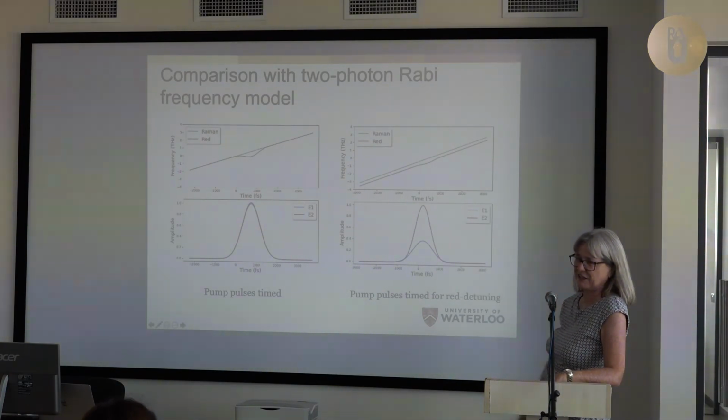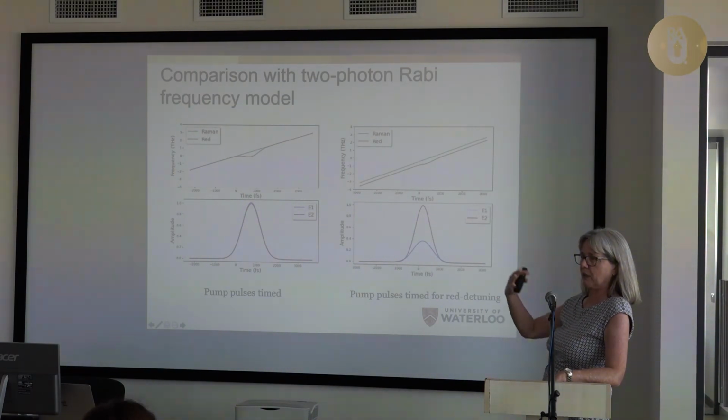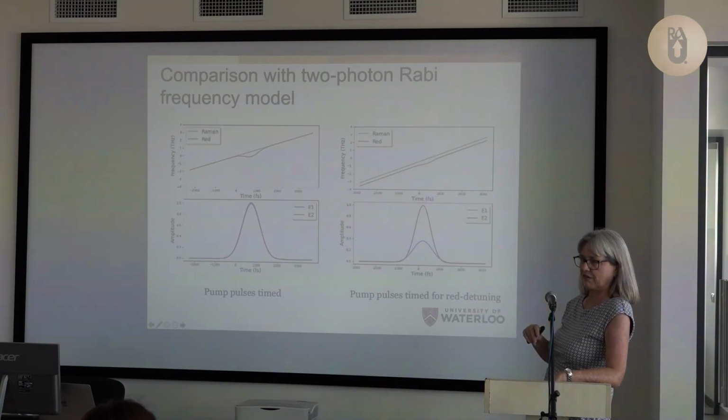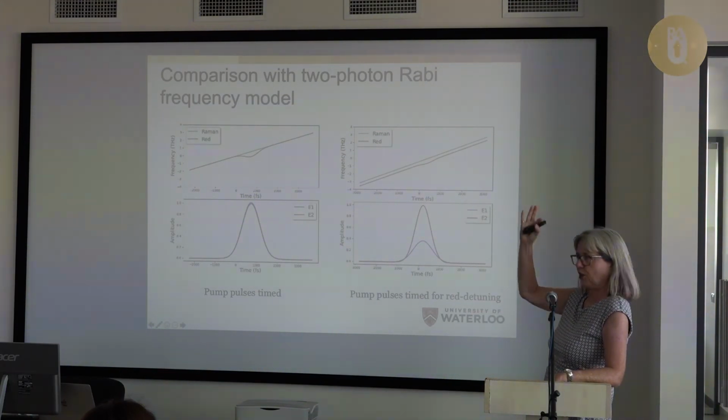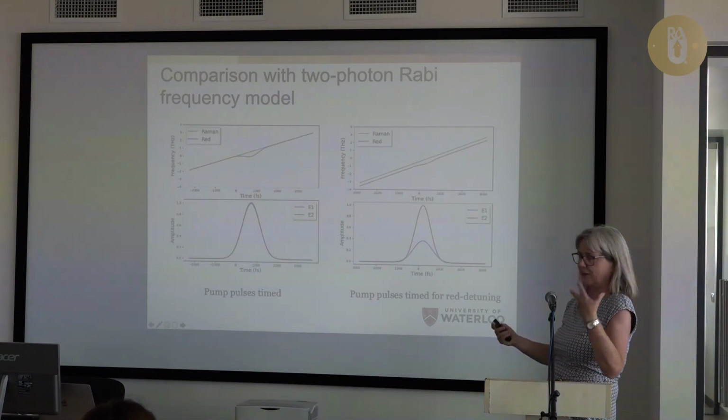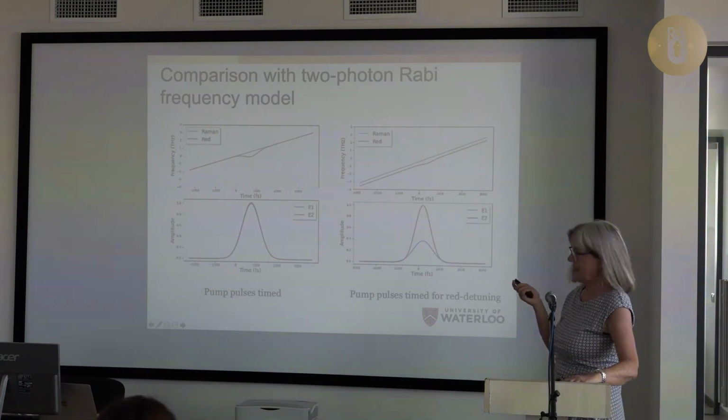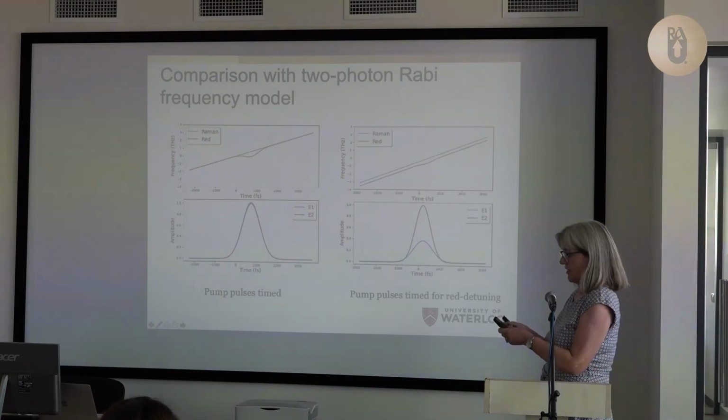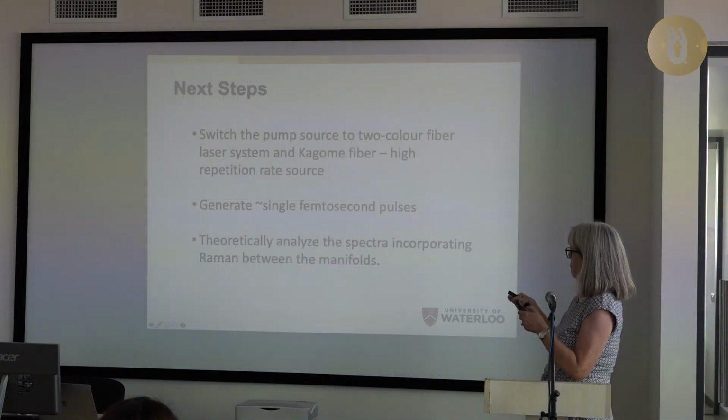So this is as far as we are, but we're thinking we're now finally getting very close to saying it is the 2-photon Rabi that's causing this red-shifted shoulder. It's because we need to be red-shifted to see it and be resonant, and so we always start in the ground level. Because if we start in the top level, you would actually see the blue shift, just like the model showed. And so I think that's the end of my talk, since I just got that a few days ago.